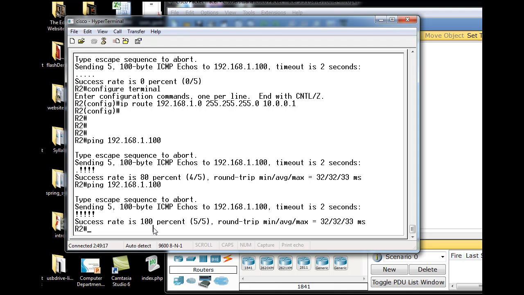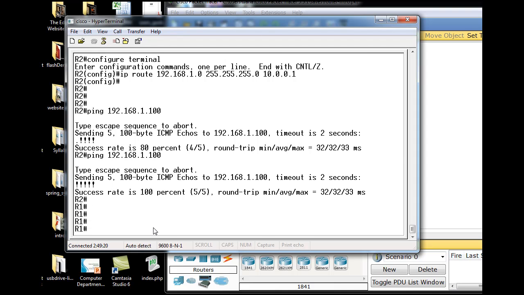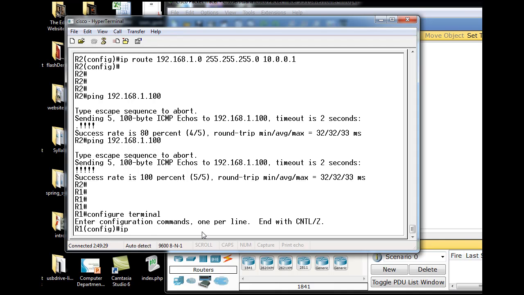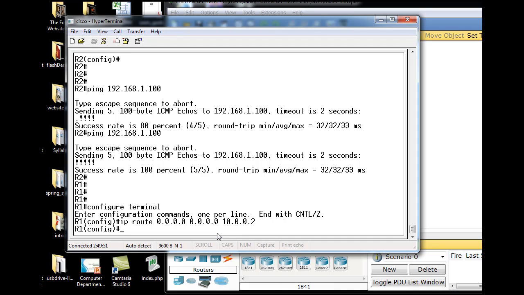and if I want to ping the opposite way, now I'm in router 1, I need to do the same thing. Except this time I'll do it a little differently. I'll say IP route to 0.0.0.0, and this sets up a default route or gateway of last resort to any network, any subnet mask essentially, go to 10.0.0.2, go to this IP address on the other side, on router 2's serial interface,